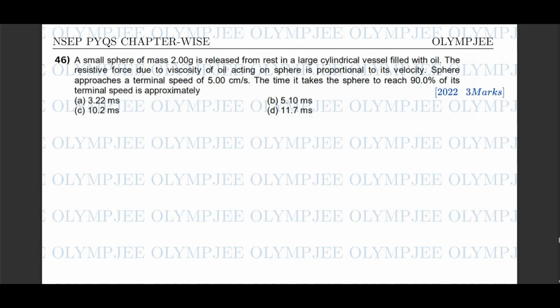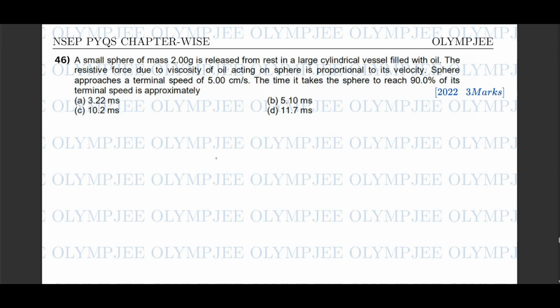So now we have that r tan theta by 4 is equal to h. So we can use that here. We can write this as 3 by 4 multiplied by r tan theta by 4, which is 3 by 4 h. Question 46 says, a sphere of mass 2 grams is released from rest in a large